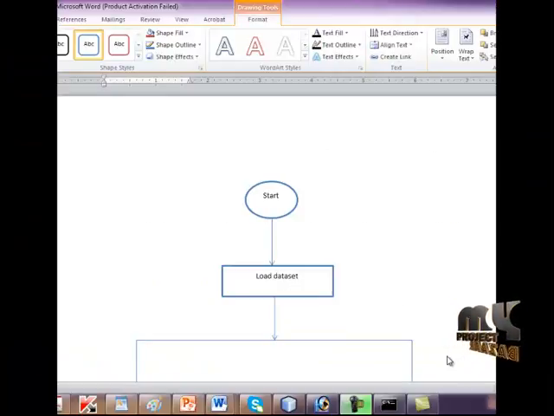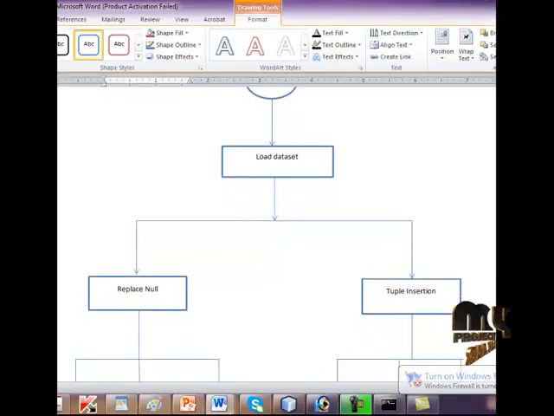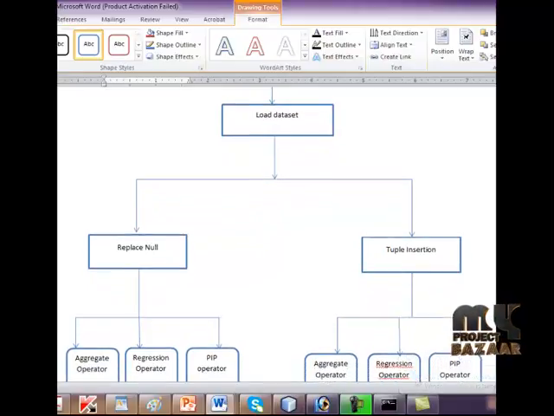Now we are going to see the DFD diagram. First of all, we need to load the dataset values into the database. If the dataset has unknown information, we need to replace it. If we insert new elements with unknown elements, it automatically replaces the unknown element with a valuable one. So for this we are taking the replacing null and tuple insertion process.